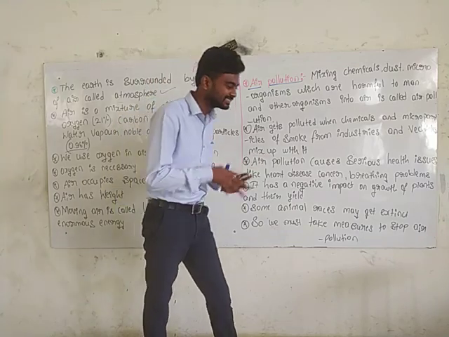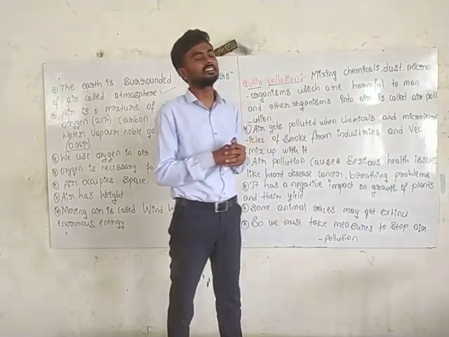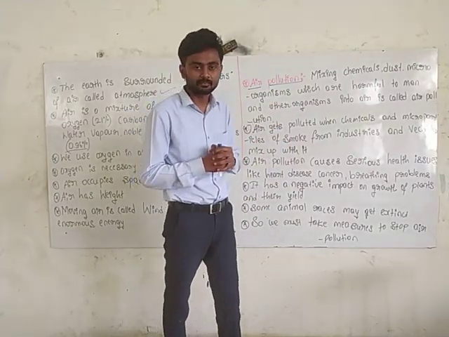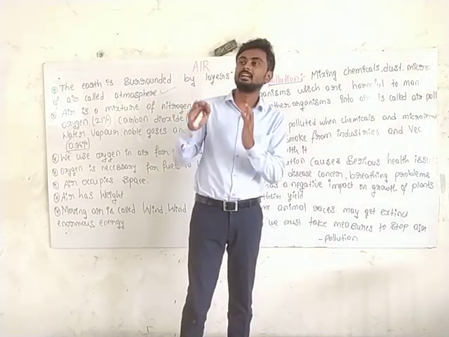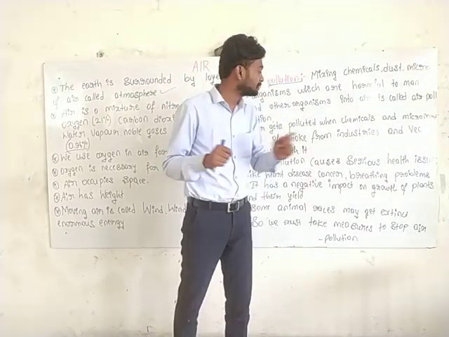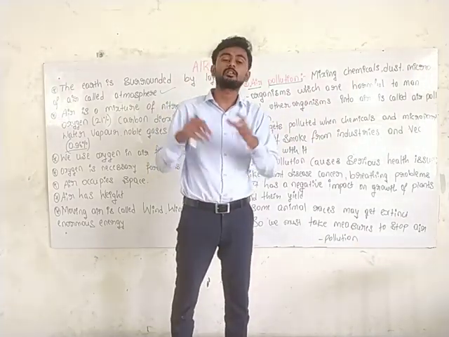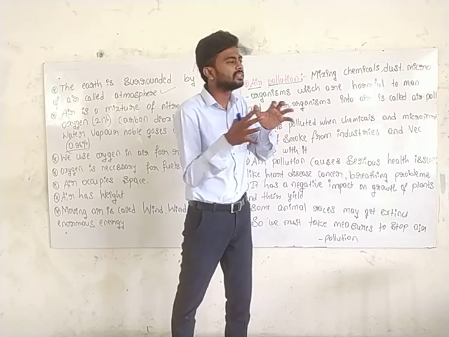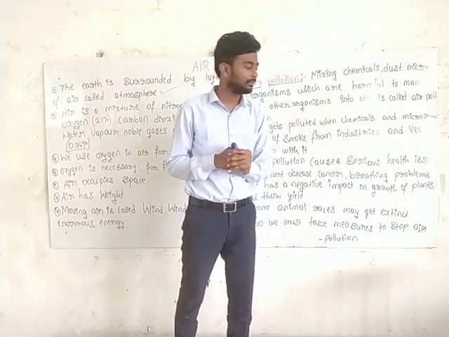The vehicles release bad smoke. When the industry releases the dust particles, it means chemicals. The waste things, especially dust particles and the micros and smoke, these all are mixed